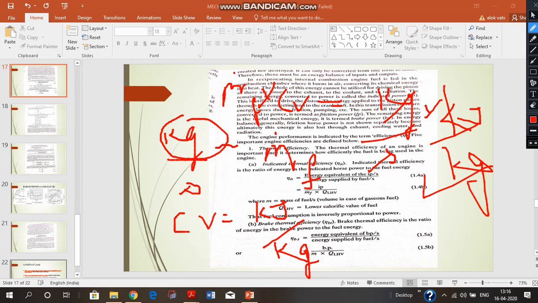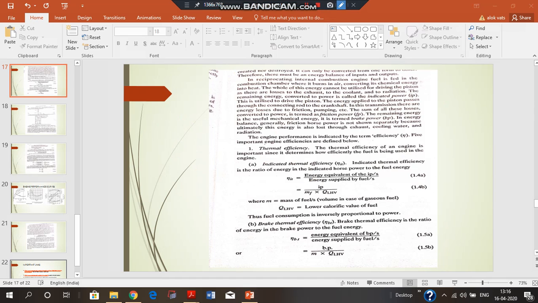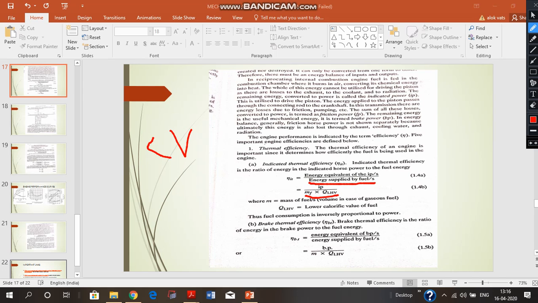and this is nothing but the energy supplied by the fuel per second, and this is the denominator term. This term, energy supplied by the fuel, kilojoule per second, has a numerical value of mf dot into q. Here calorific value is represented by q. It is nothing but the calorific value, and more specifically it is the lower calorific value. Also, this is the first concept that we have to understand.